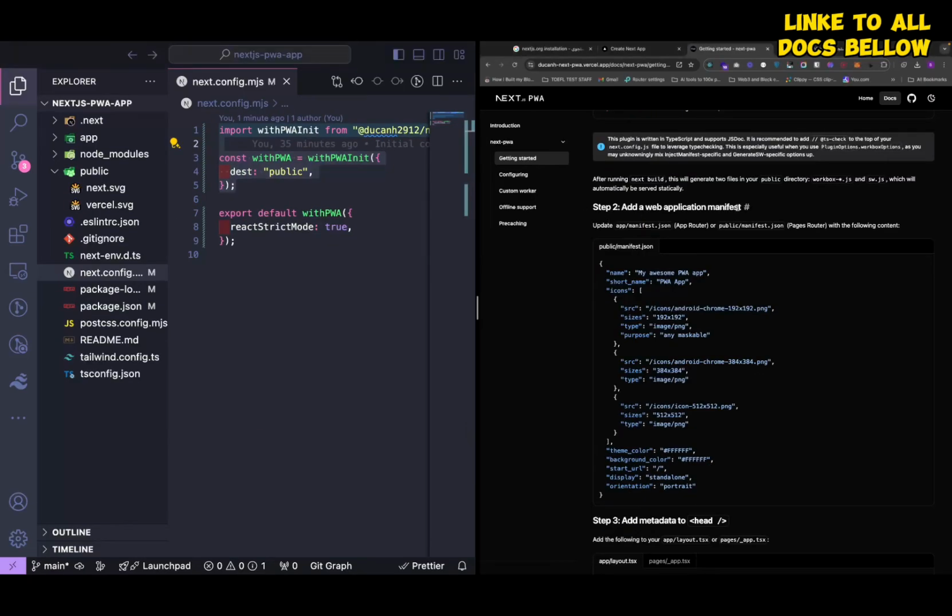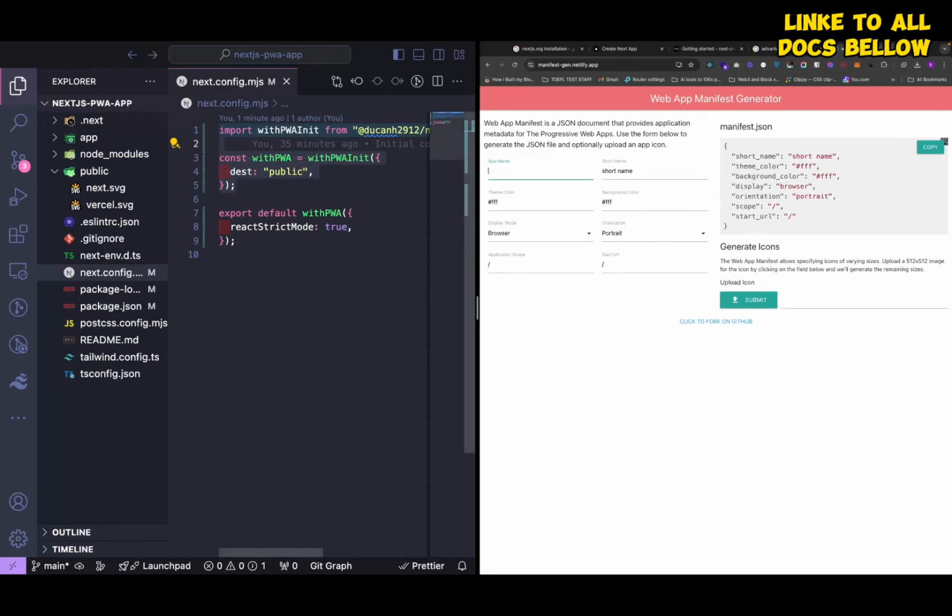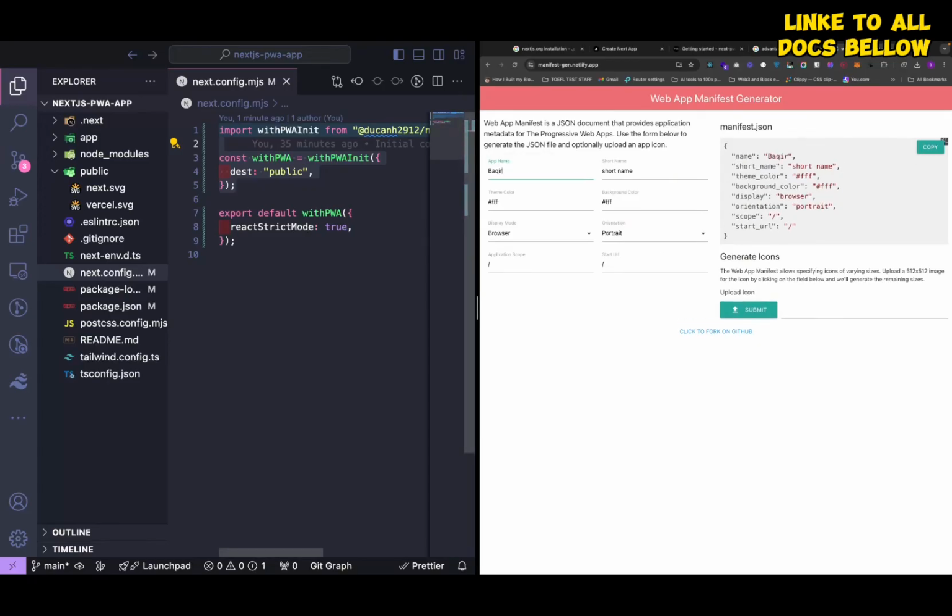Step 2 is to add our manifest.json file. For that, I found this website. It is hosted on Netlify. We can generate it with the help of this one, okay? So the name is going to be Bucker Next.js PWA, okay? And the short name is